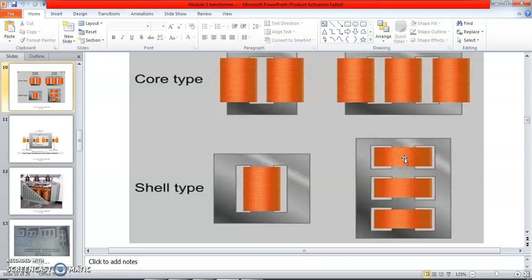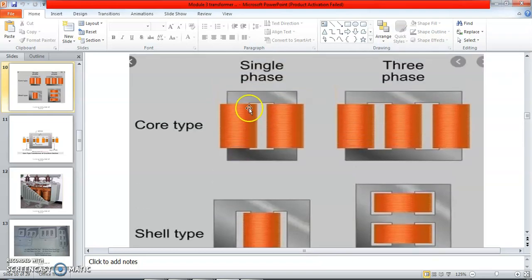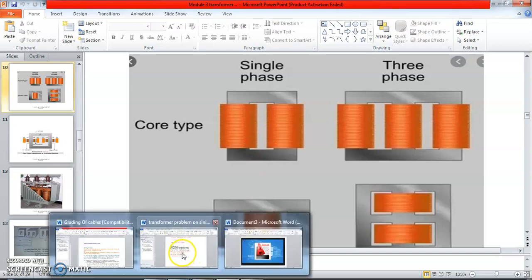The main difficulty is that if any fault happens, it will be difficult to repair. This is used for high current low voltage applications, whereas this is used for high voltage low current applications. If you cut it exactly horizontally, that is the top, you can see all these LV and HV windings in circle form, with diameter and radius. The dimensions in plan section will be diameter and radius, whereas in elevation, if you cut it exactly vertically, the height and length play a very important role. So let us start the problems.